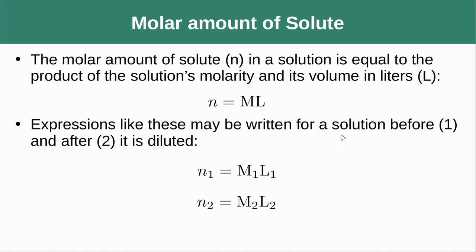We can write an expression like this for the two conditions: one before we've made any dilution, when I have my more concentrated solution, and a second expression for after I've done that dilution, when I have my more dilute solution. The important thing to realize is that when I dilute, I haven't reduced the amount of solute at all. N1 is going to equal N2,